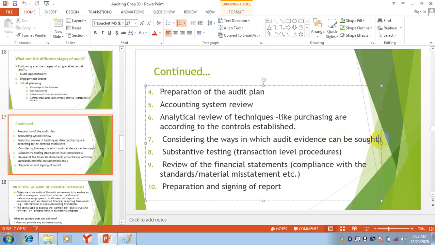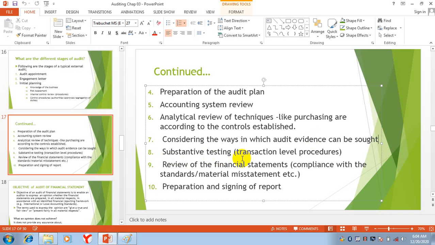Suppose we purchase inventory, so we can go to the supplier and ask him whether on this date the company purchased this inventory from you or not. If we purchase a land, we'll go to the owner. We can obtain evidence from that owner whether he sold this building or this land to this company or not.